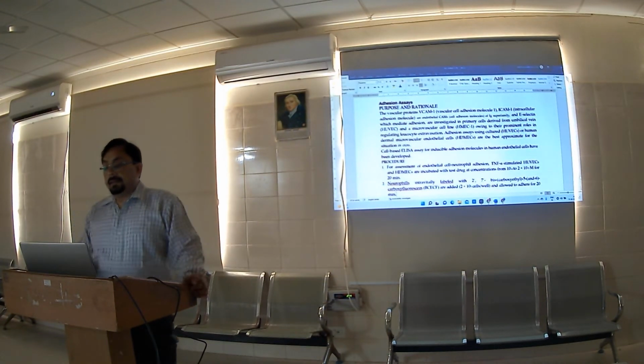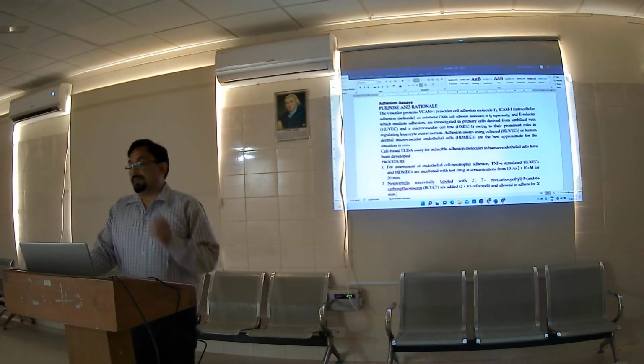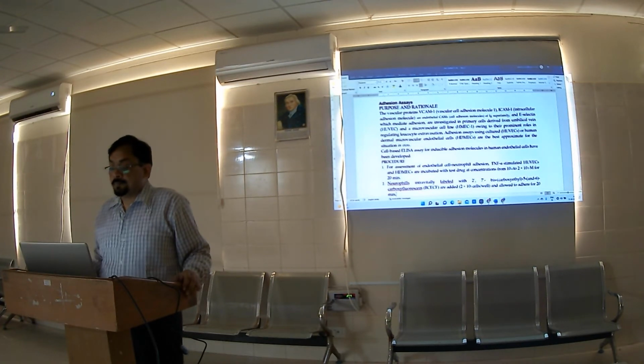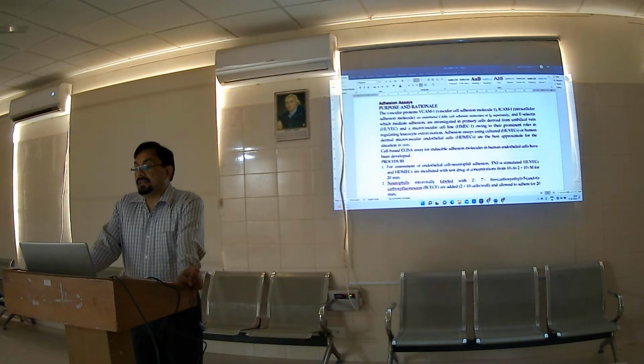And E-selectin, which mediate adhesion, are investigated in primary cells derived from umbilical vein, and a microvascular cell line HMEC1,